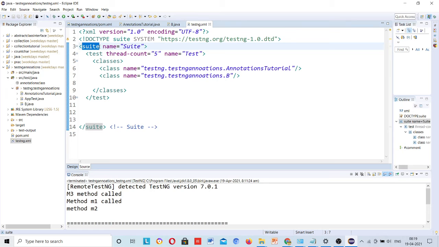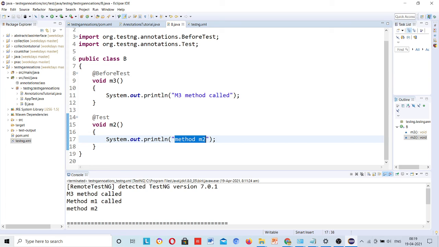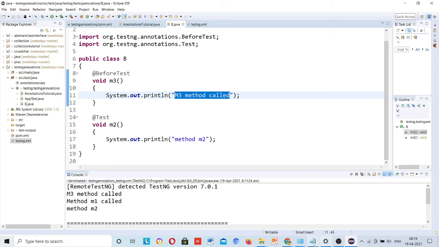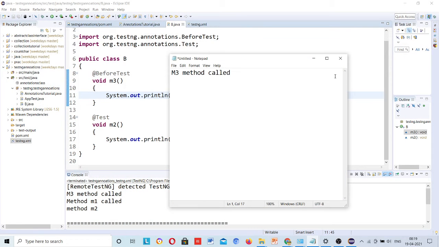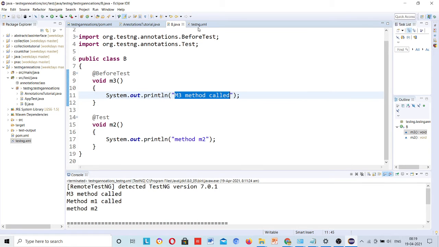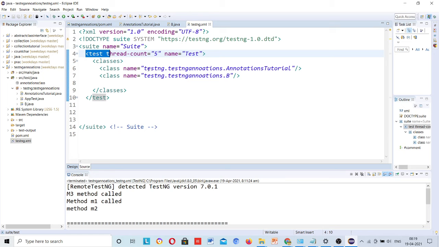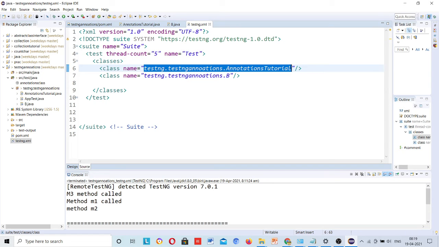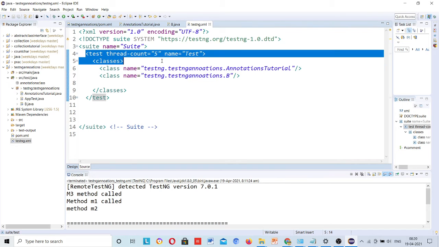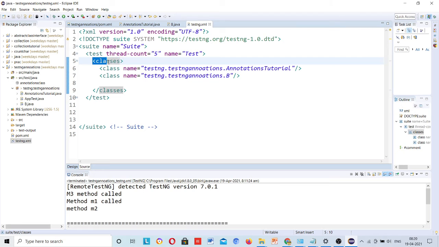Here, any at-the-rate before suite is not present in our project. At-the-rate test is present? Yes, inside b.java, so it will call method m3, "m3 method called". So just be careful. Now before test runs. Then it will go to at-the-rate test run, then it will go inside classes, and inside classes there is